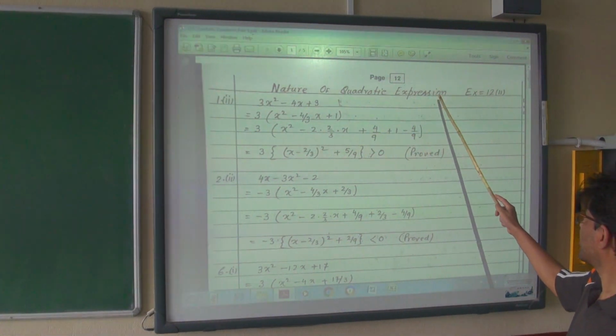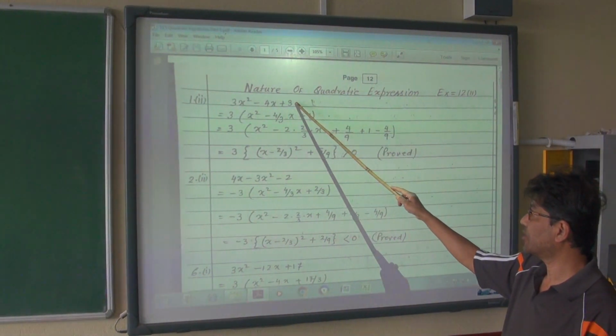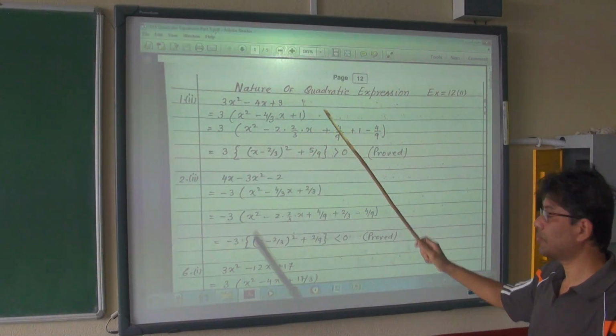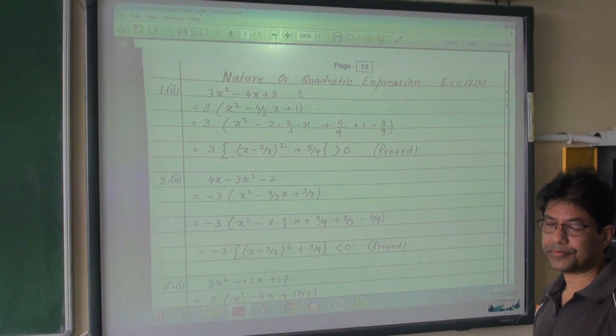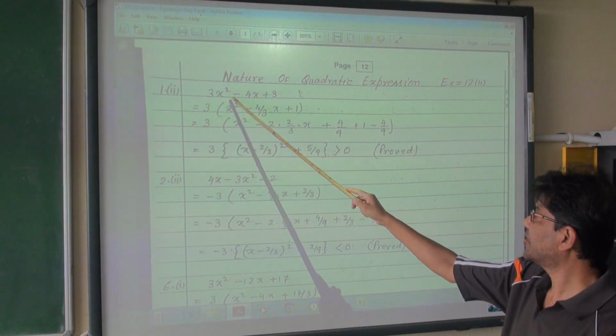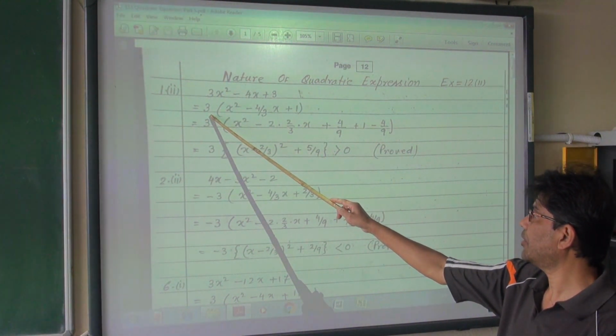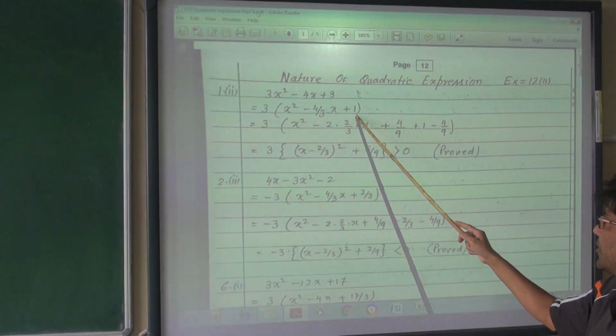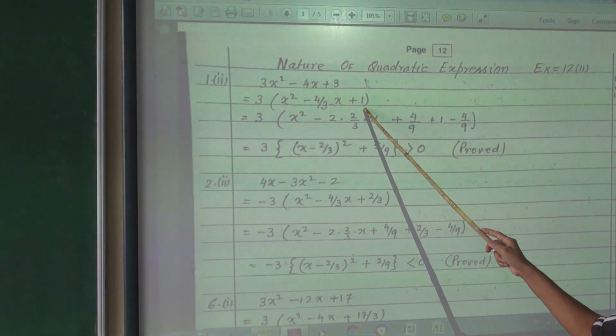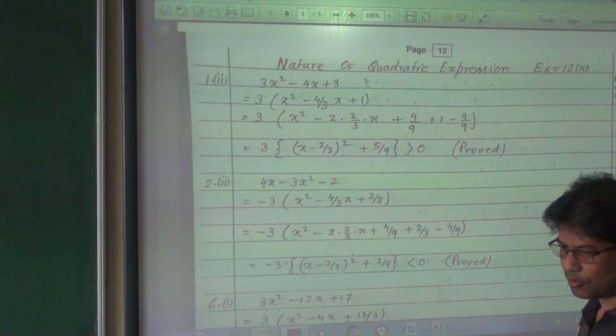Nature of a quadratic expression: an expression is given, and you have to find out whether it is a positive quantity or a negative quantity. From this expression I am taking 3 common first of all. So each term you have to divide by 3, that's why 4 by 3 has come here, and this has become 1. Now the formula for a plus b whole square or a minus b whole square,